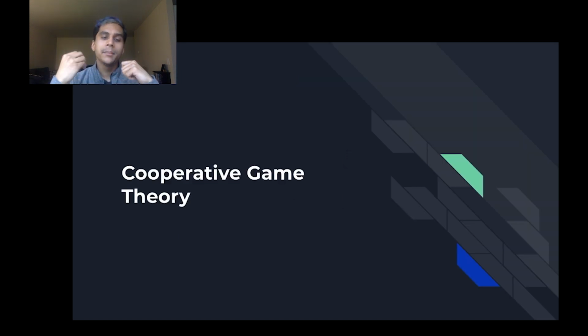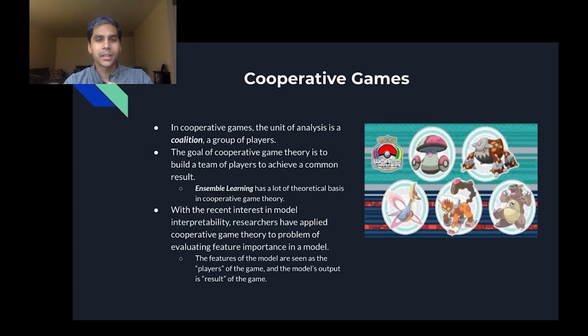And so, talking about trust and communication, I want to talk about this special sub-branch of game theory called cooperative game theory. Whereas regular game theory focuses on what the individual is doing that's best for themselves, cooperative game theory focuses on how do we build the optimal team of players. In cooperative games, the unit we focus on is a coalition. It's a group of players. Whereas in a normal form game, we focus on the individual player themselves. In cooperative games, we care about the coalition. We care about the group of players.